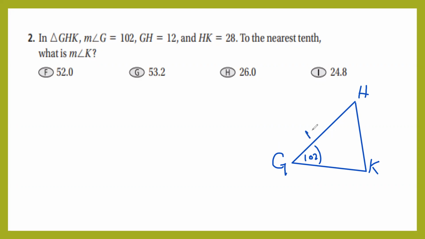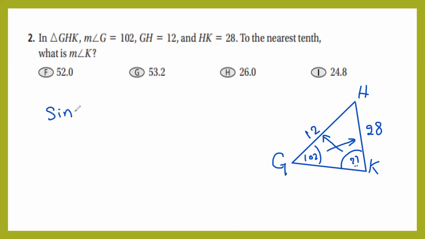GH, the length here, is 12, right? And HK is 28. Okay, to the nearest tenth, what is the measure of angle K? So here it is exactly the same. This is the opposite and this is the opposite. Now it's very easy. So sine